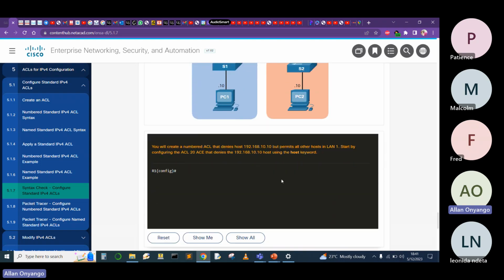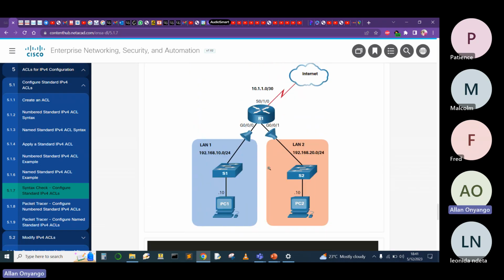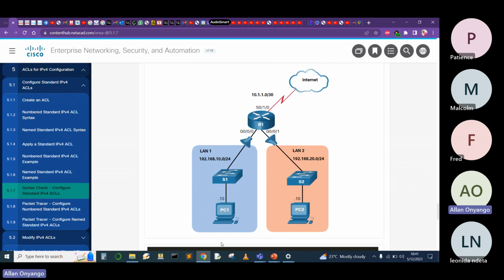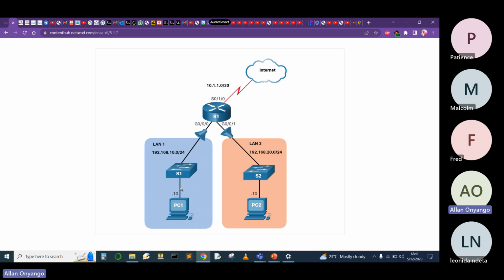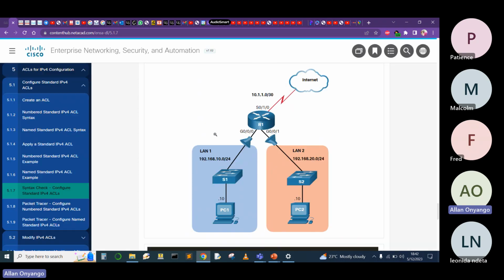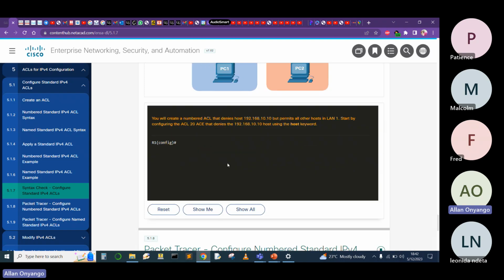All right, since we are doing standard, we have been told to deny this PC here. But because standard ACLs only tell us where traffic is coming from, the source IP, it doesn't tell us deny it to where. And that is one of the disadvantages of standard, okay? We'll just deny it from going anywhere, and that is not a very good strategy. But anyway, let's look at,